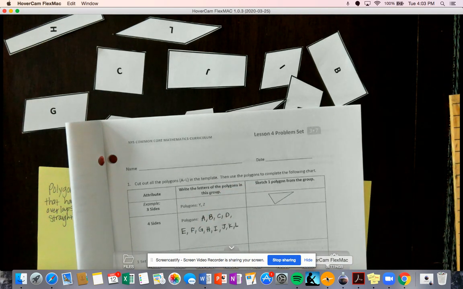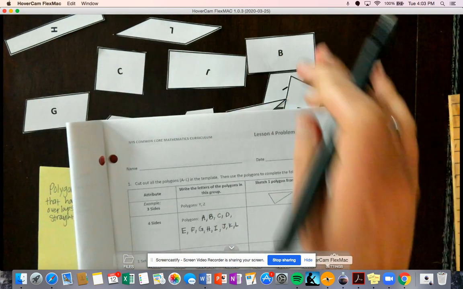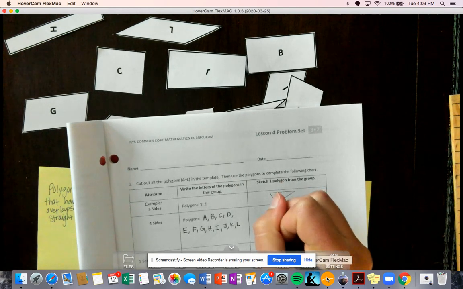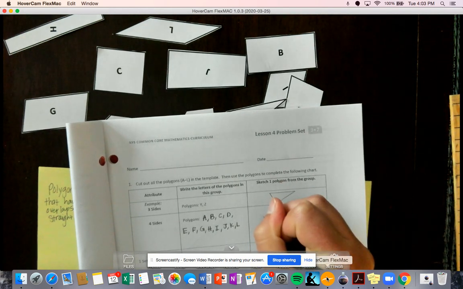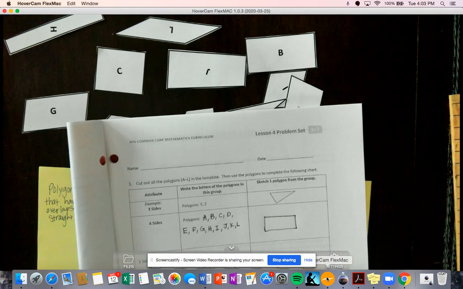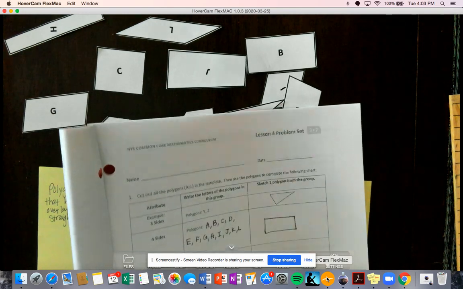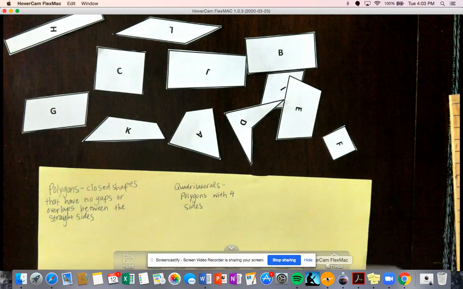And then it says sketch one polygon from the group. So I'm going to choose B. So I can see that it has four sides, and that's all it needs. It needs to be four sides and closed in order to be a quadrilateral. Okay, next up, we're going to look at